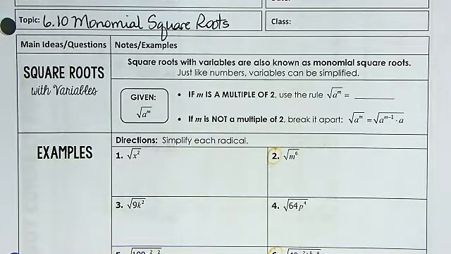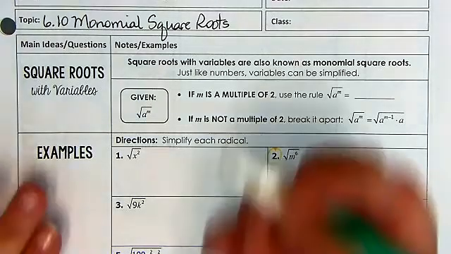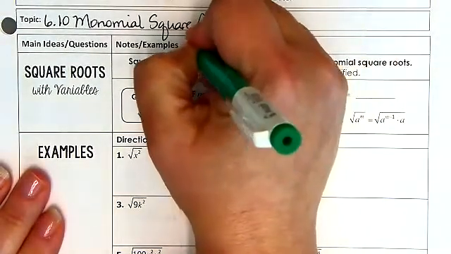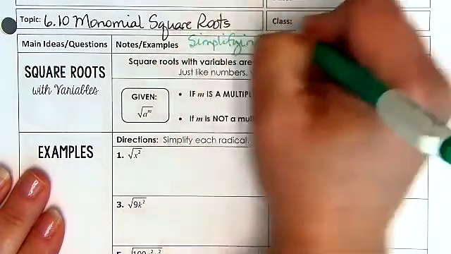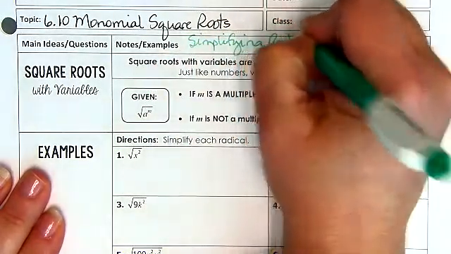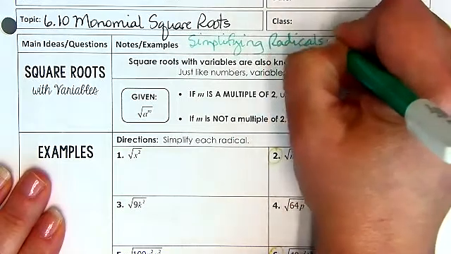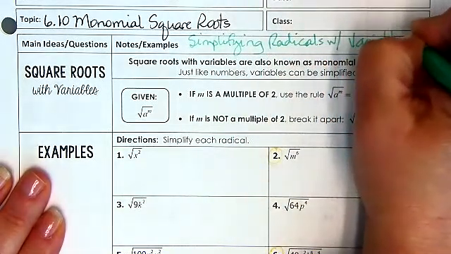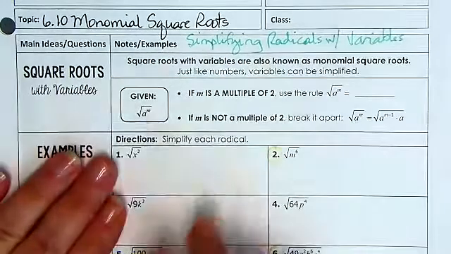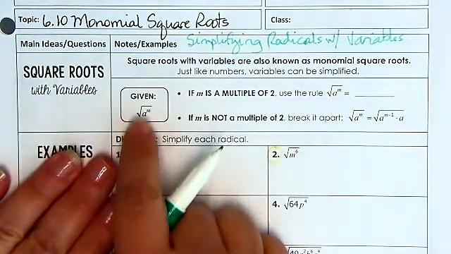Hi guys, today we're covering 6-10 monomial square roots, or simplifying radicals with variables. You might want to think about it that way. Or we would call this simplifying radicals with variables. Okay, so the first thing, if we're given something that looks like the square root of a to the